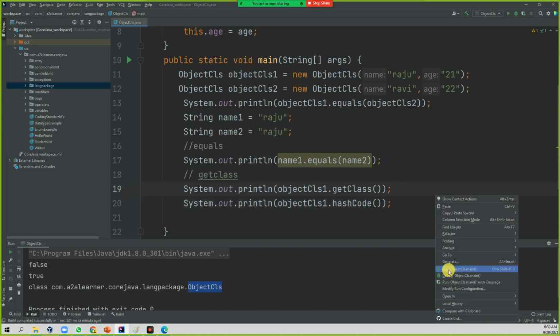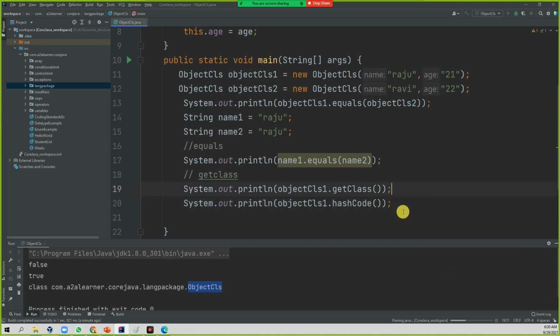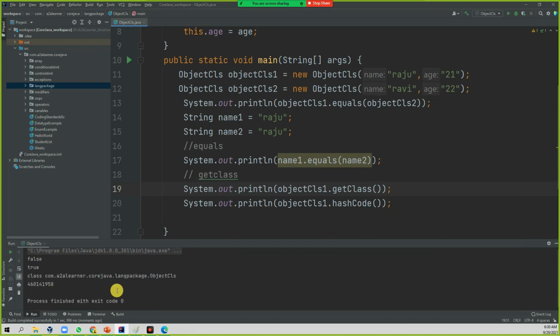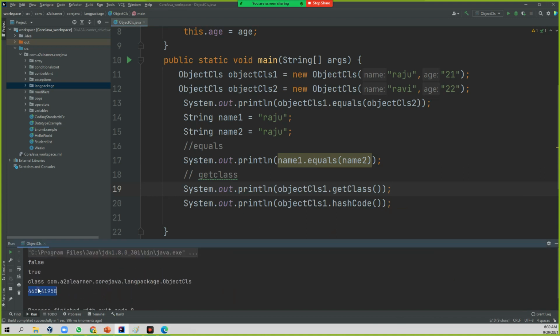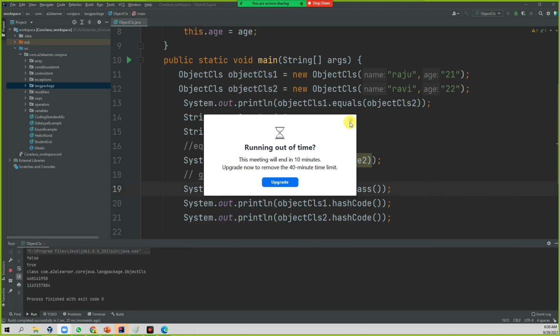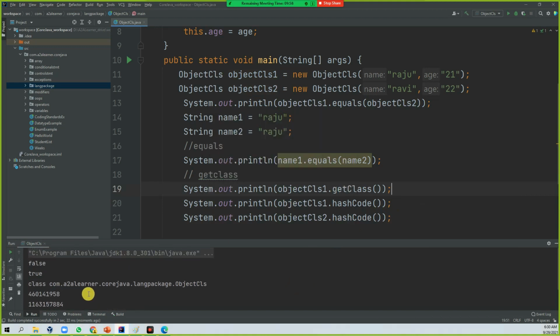Try to print it, and whatever number the backend JVM has given is printed. This is the one it internally gave to the object one class. If you look at the second one, both will be different hash codes. See here, the second object's hash code is different.